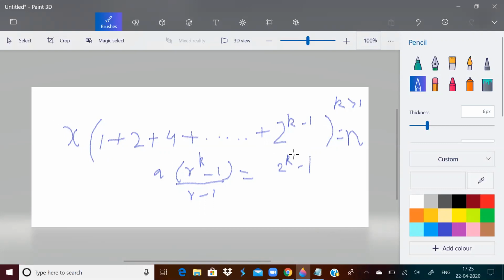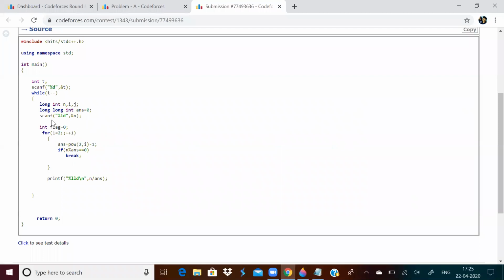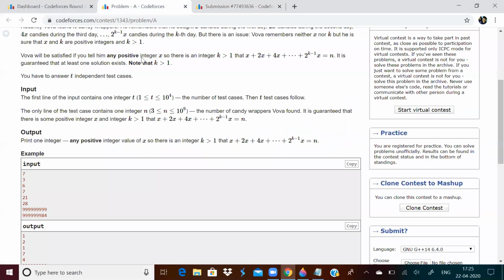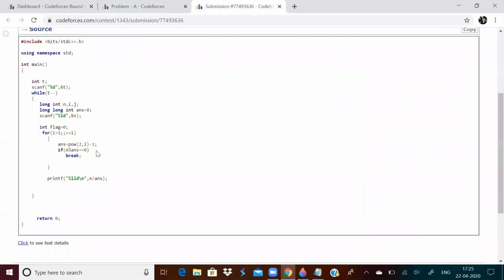So now it is very simple. It's actually a linear time solution only. What did I do? I just inputted value of n. I ran a loop from i equal to 2. Why am I doing it from 2? Because they have said k is greater than 1, so I have to start k value from 2.